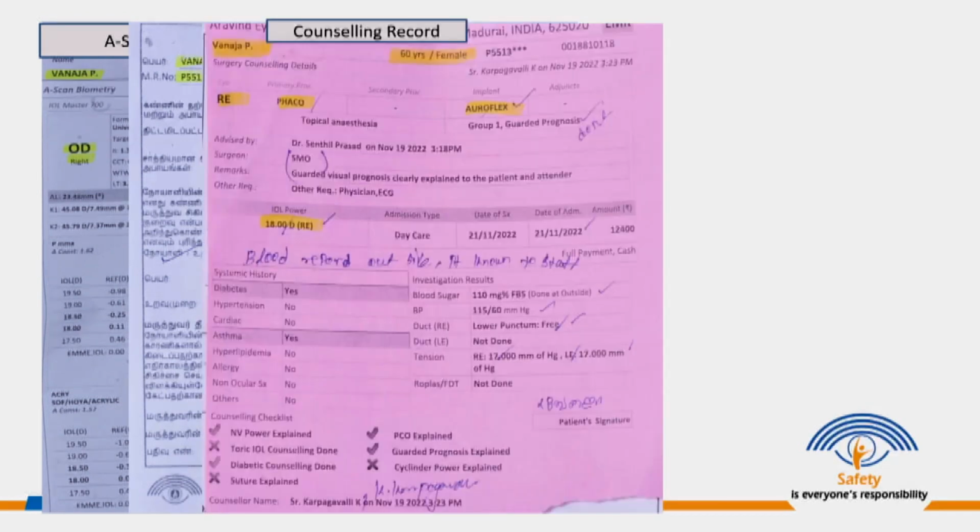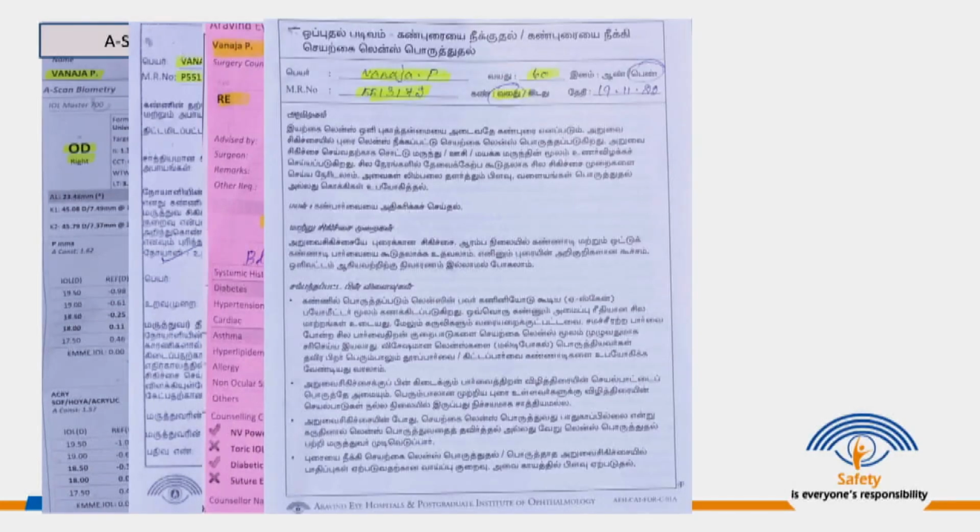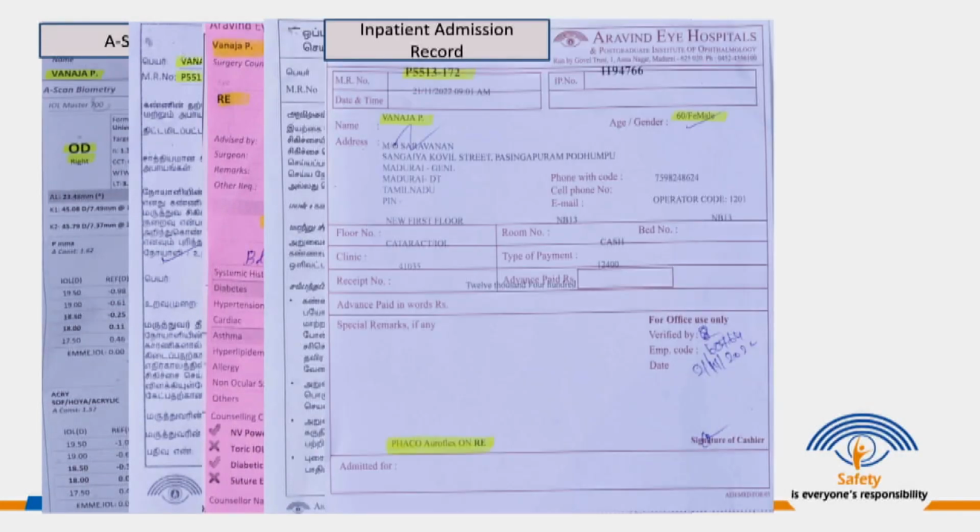This has to belong to that patient. We also have a counseling record where we make sure that the patient is aware of many things. And we have one more regular consent form, and there is an admission form. So I'm sure that many of your hospitals also may have these forms. These all become inevitable, and you have to make sure that all these forms belong to the same patient.